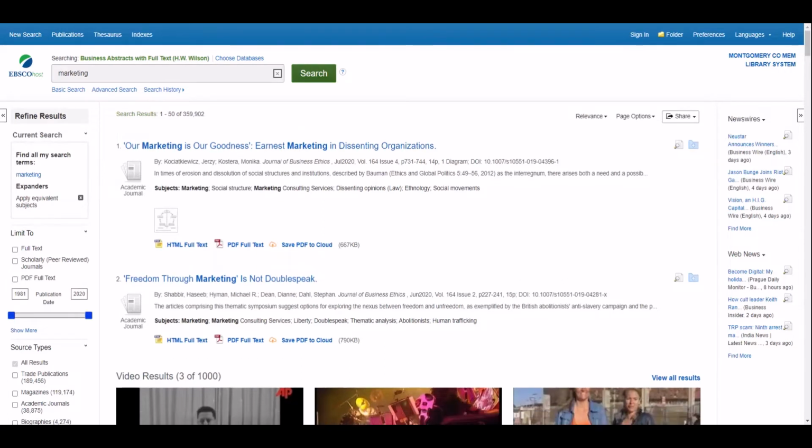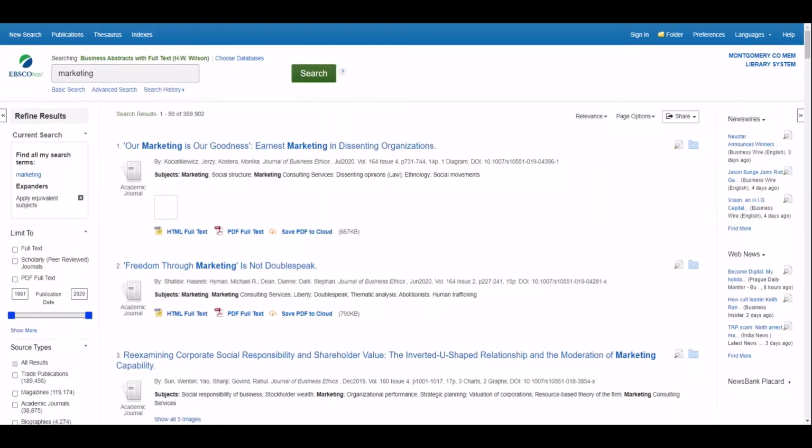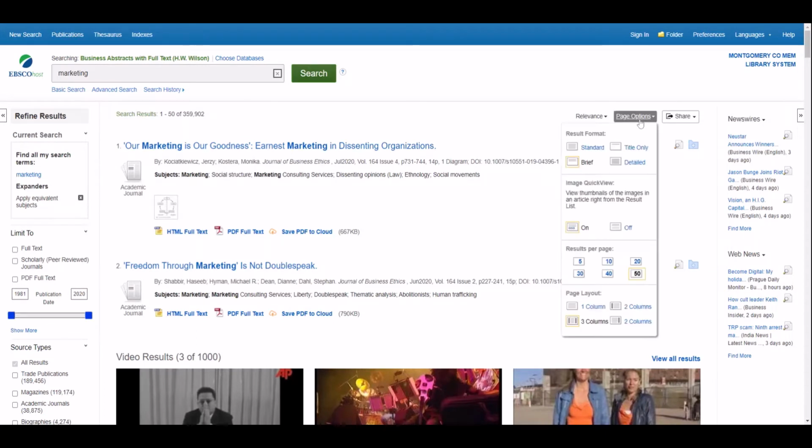Now we have the same results, but there is far less information listed here than before when we had it set onto the default of detailed. Let's try another option. This time, brief. It's a bit hard to tell at first, but there is even less information here in brief than there had been for standard. Finally, if we click on the page options again, and we click on title only,